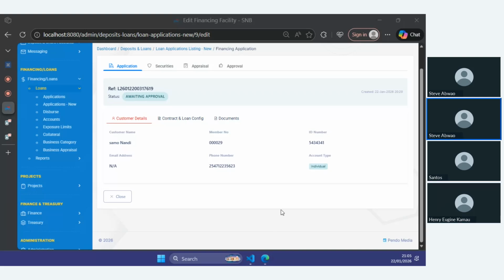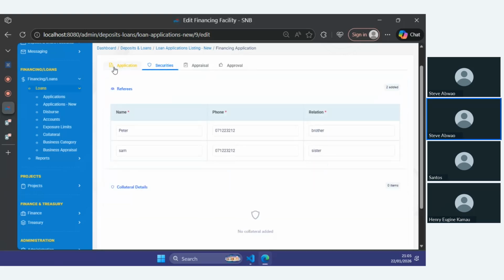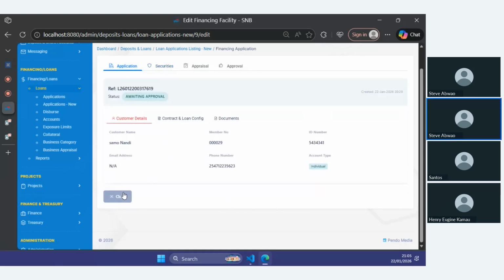I'm saying just below, you mean just above, but now this is above this 4. This one is above this 4. Or this one is right at the bottom, at the very bottom, near the close. Okay. Yeah, there near the close, your application remains where it is, but securities, appraisal, and approval come there near the close,